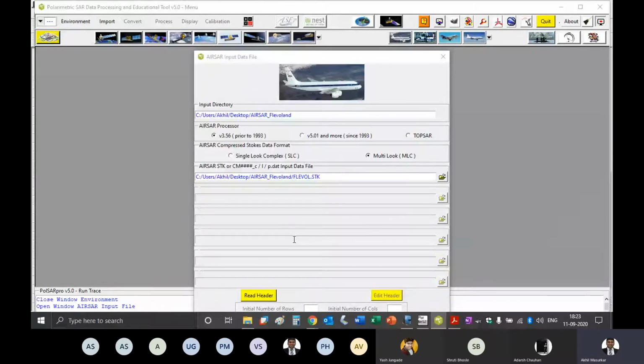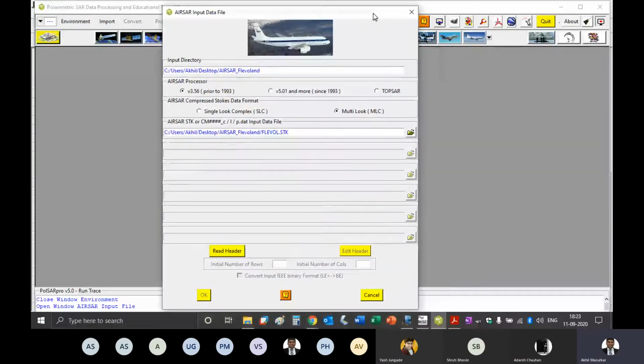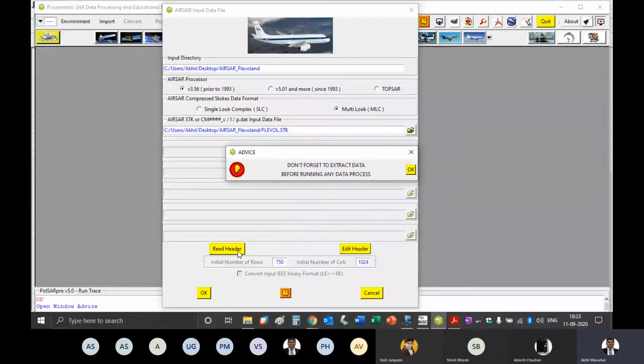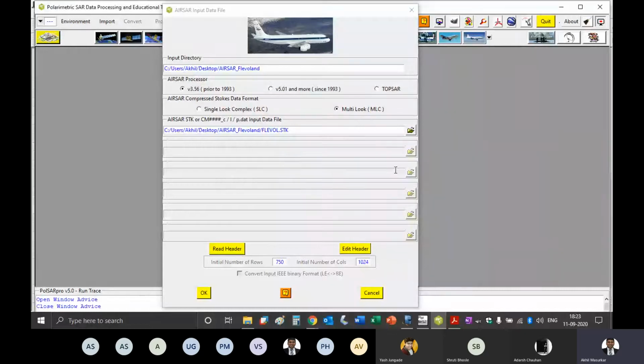Okay. So I got that file now. Very carefully I'll read the header. I'll say read header. It is saying do not forget to extract data. Okay, fine, we know that. And now what we can see here is this 750 and 1024.